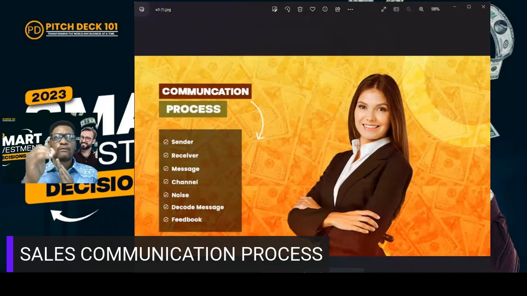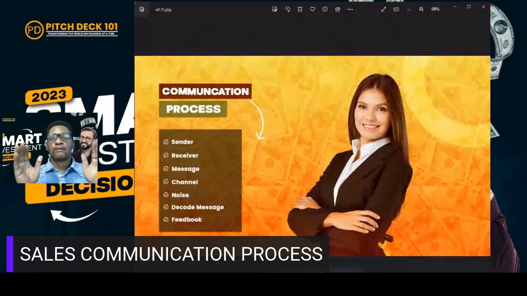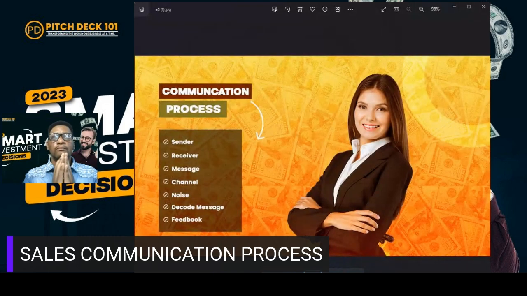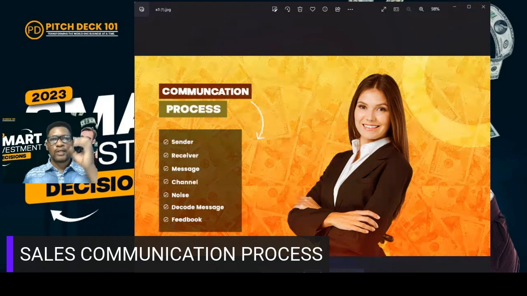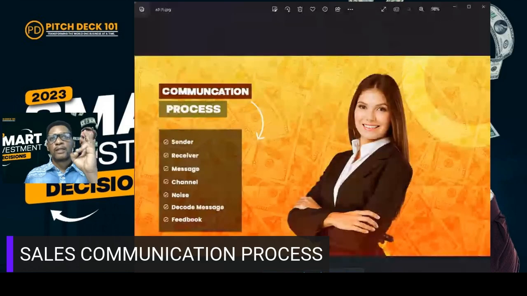You need to be aware of noise and quickly figure out how you're going to remove most of the noise, because the objective of removing the noise is to enable you to get your message across very clearly, very accurately, so as to ensure that you're grabbing attention, piquing interest, arousing desire, moving the client into action, making impact, converting first-time users into lifetime customers, building confidence, trust, and credibility.